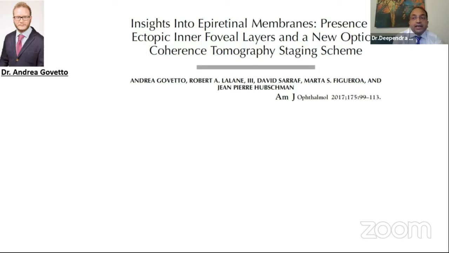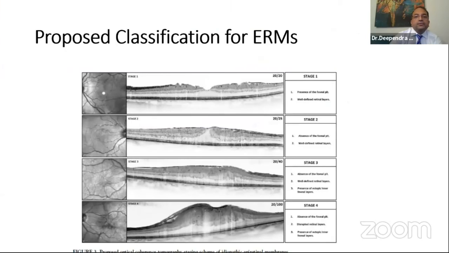So I think this was a group Govito. I think this is again a very landmark article, and I'm sure this must be cited again and again. We are seeing more and more reports citing it. He actually analyzed these OCTs in further detail, and we all were seeing epiretinal membranes, and people were trying to find what can be the OCT based prognostic indicator for these ERMs. So I think he and his group first tried to classify these cases, and how he classified was that